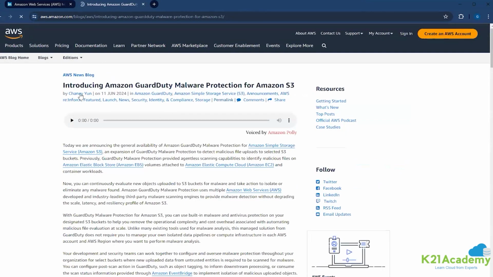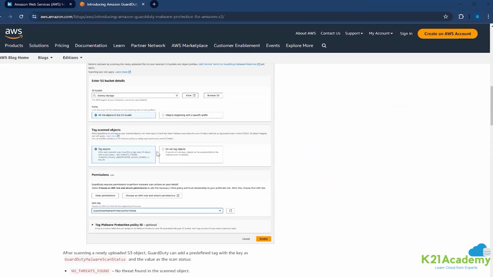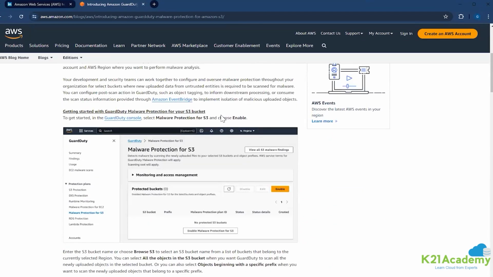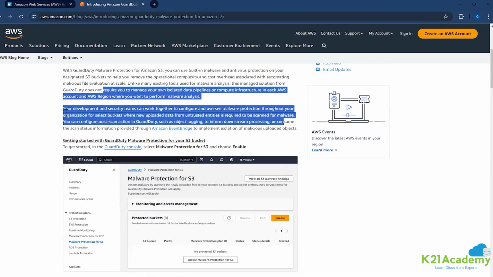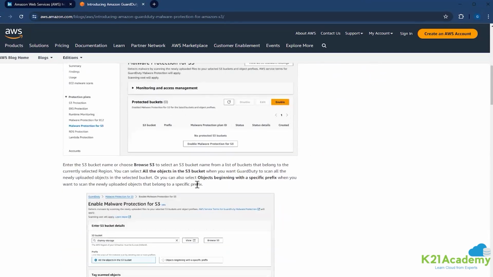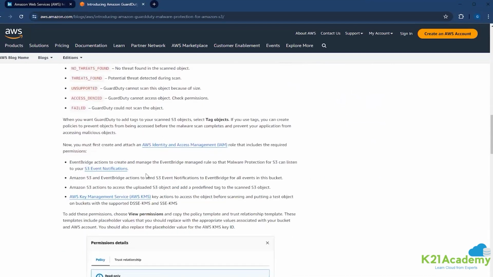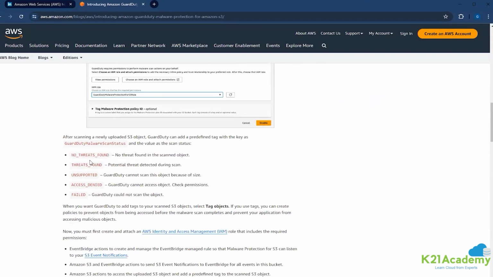See such things like Chani Young. Most of these guys are their own employees. And then this is a proof of concept. He would have tried something and then he writes a blog on how to implement it. It's basically how to use GuardDuty for malware protection of your S3 bucket. So he creates an S3 bucket and then he enables that on the S3 bucket. And what are the rules that we can set?